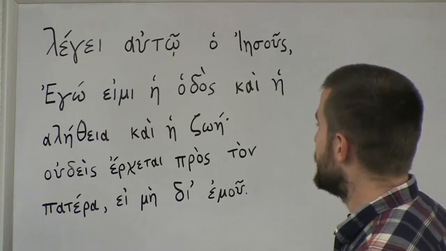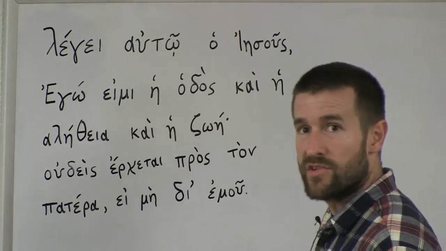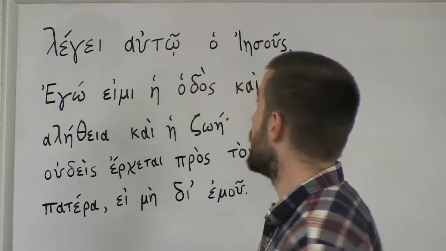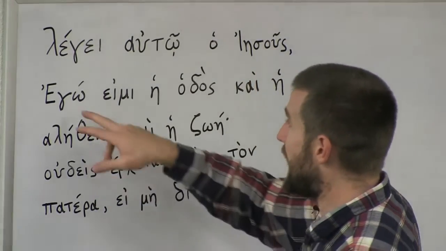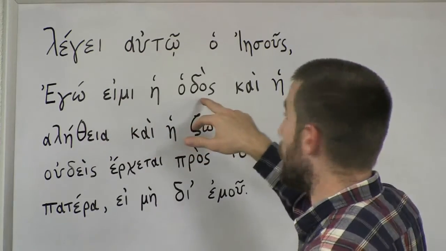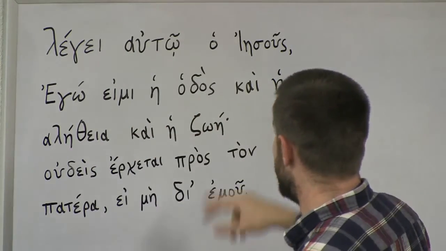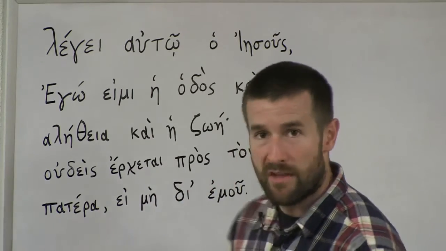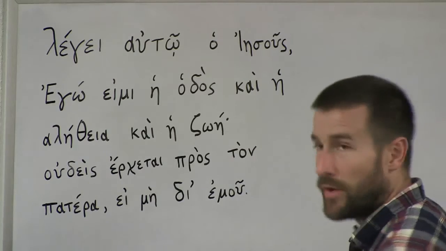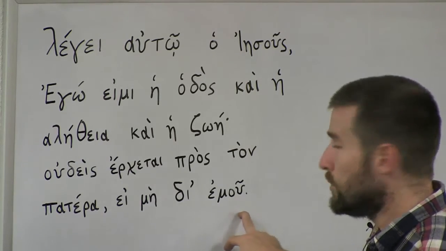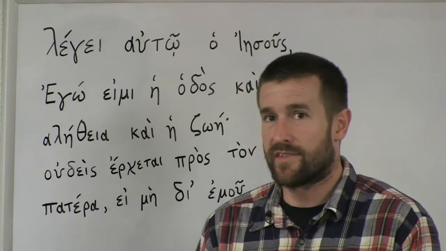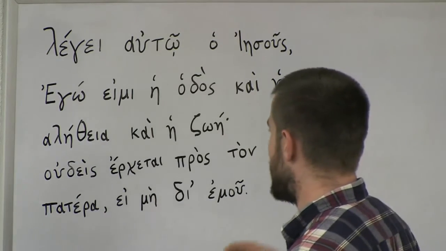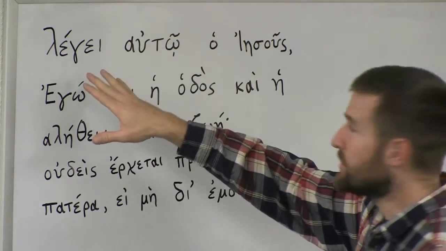All right? So this is a pretty straightforward verse, and the great thing about it is that for a lot of the words in the verse, there are some tricks to help you remember them. Like, for example, ego. We have the English word ego. Odos, we have the word odometer. Zoe, we have the word zoology. When we look at patera, we have paternal. So these are all pretty easy. Plus, emu, you've got an M in it. So it sounds similar to the word me. And so this is in genitive case. So again, let's read the whole verse.